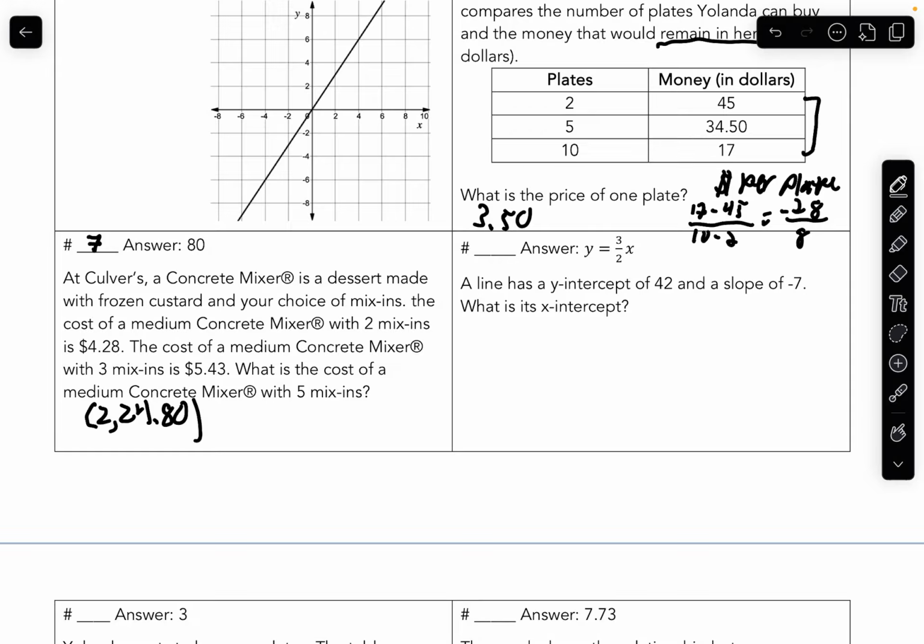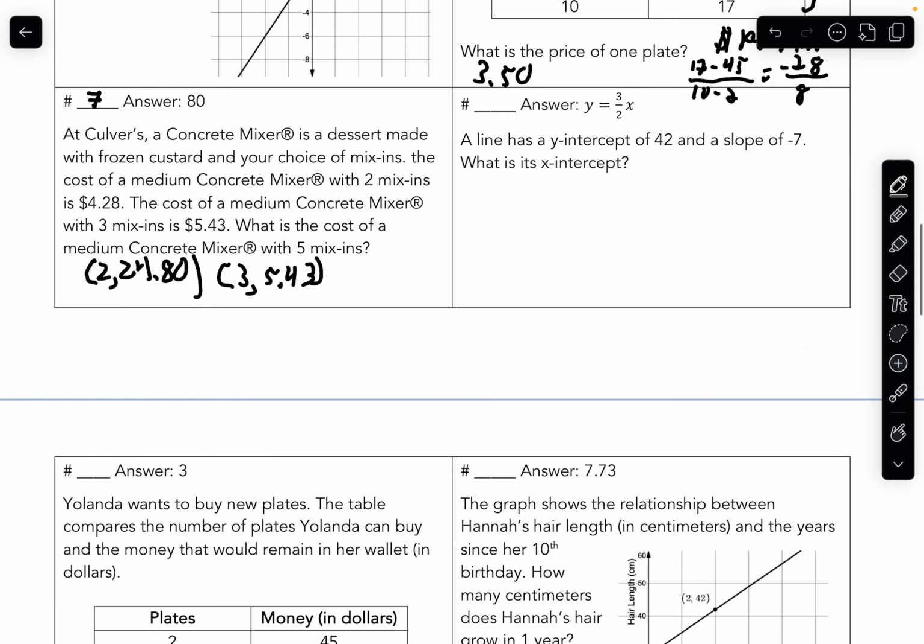The cost of a medium concrete mixer with 3 mix-ins, that would be (3, 5.43). And the question is, what is the cost of a medium concrete mixer with 5 mix-ins? Well, we need to find the cost per mix-in, i.e. the slope. So we're going to go m equals